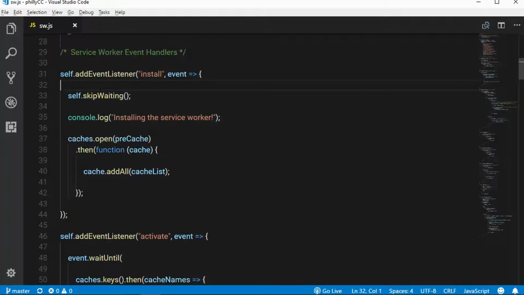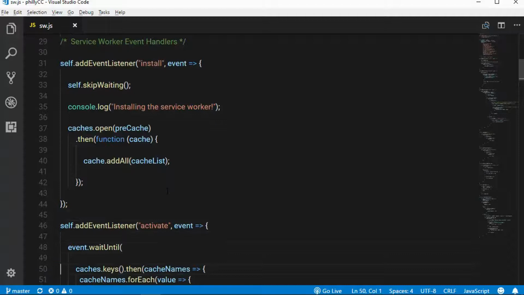The other thing I'm doing is calling skip waiting. This makes the service worker immediately available. Again, this gets into the lifecycle concepts. I'll talk about this some in the session on Saturday, but like I said, I've got about 2 hours' worth of content in the course alone just on the service worker lifecycle. So I am calling caches.open on the pre-cache here, and I'm adding all of those URLs that were in that array up there. This will take care of fetching those and stuffing the responses into cache